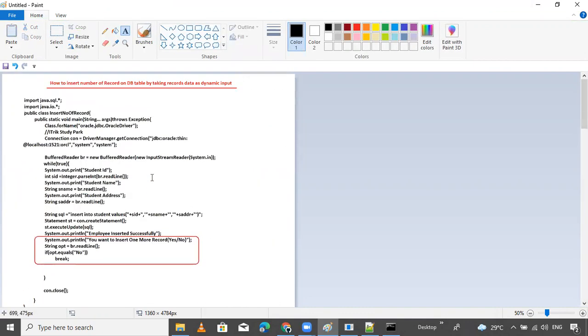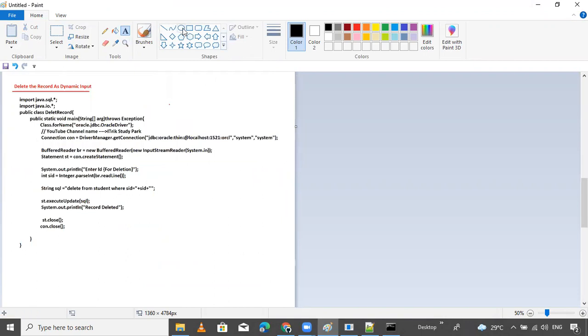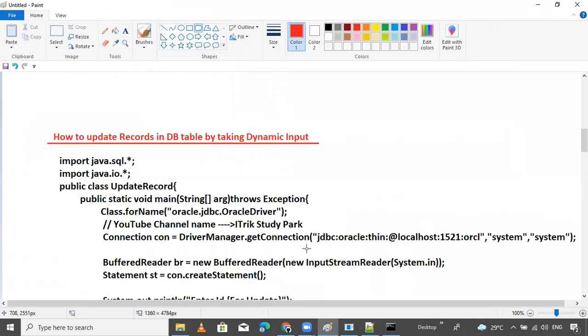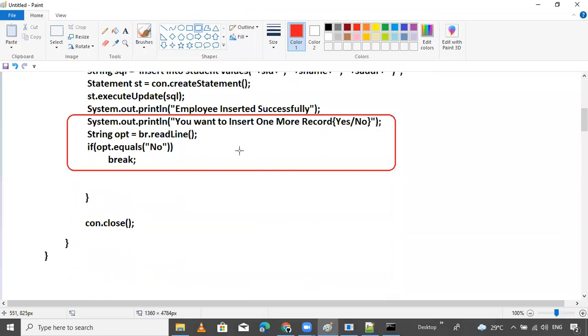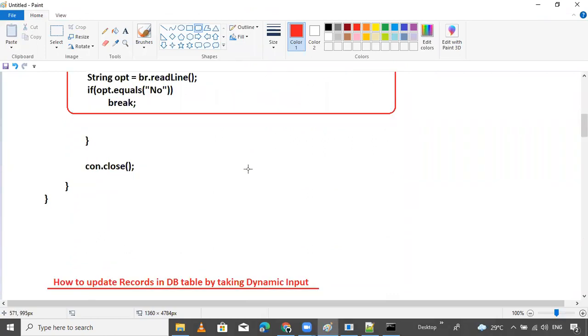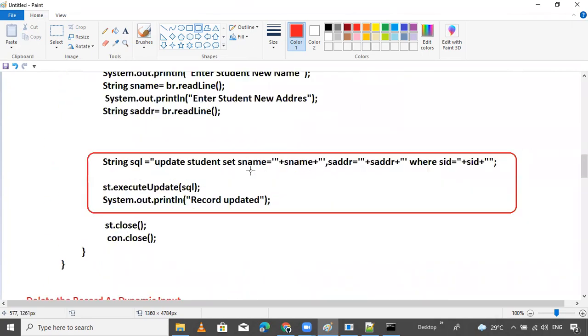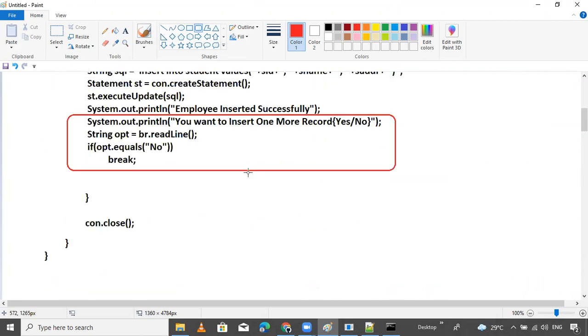This is for deletion. Now this is for inserting records as dynamic input until you pass. You can develop this example also by using this reference. If you want, I can develop it, but try to develop this example yourself by using a while loop. Use while true, put a statement asking yes or no, and break like that.